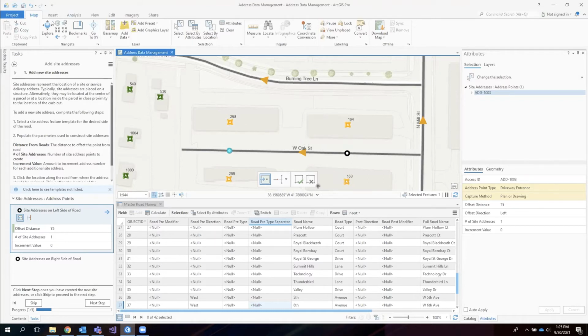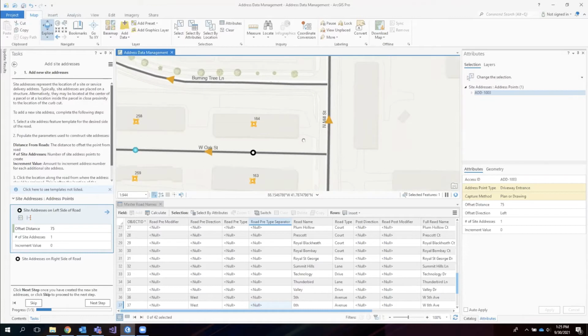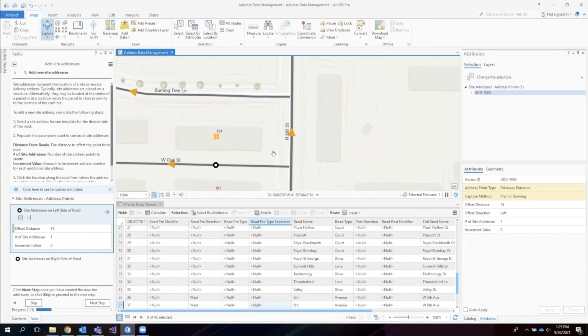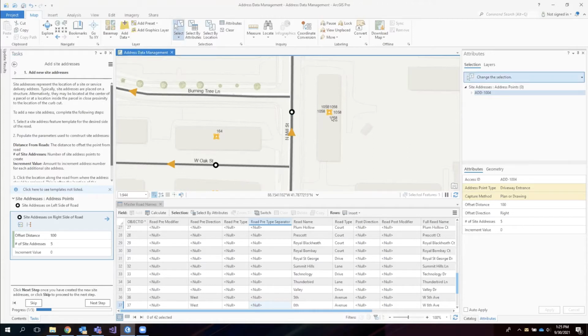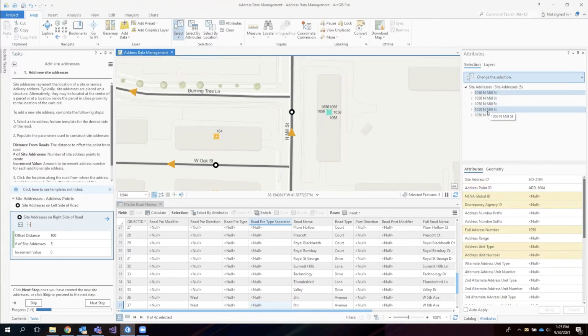Some additional things that you can do with these construction tools is, in many cases, there may be multiple units with the same address number. So in this case, let's say that this is a multi-unit building. I'm going to offset by 100 feet. I'm going to create 5 site address points and click. And what it's going to do is it's going to stack 5 site address points, all with the same address